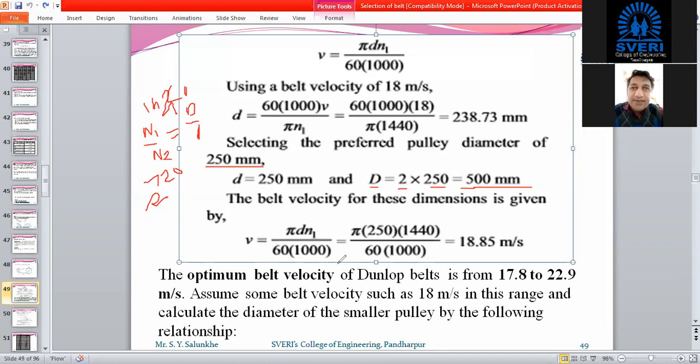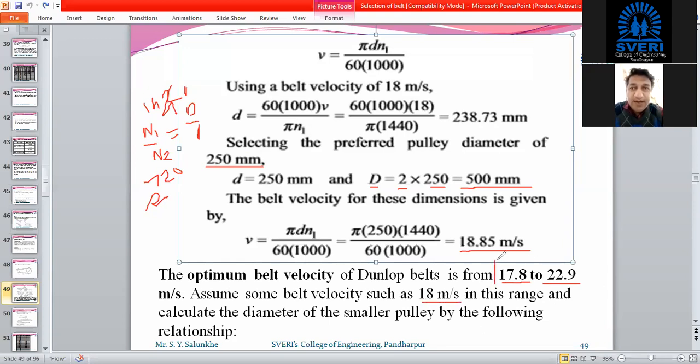Then we have to recalculate the velocity for the smaller pulley. The optimum belt velocity for the Dunlop belt is 17.8 meter per second to 22.9 meter per second. So assume some belt velocity, such as 18 meter per second, in this range.